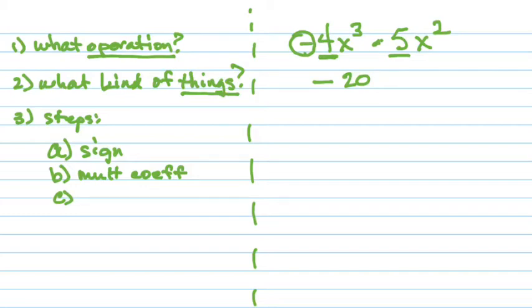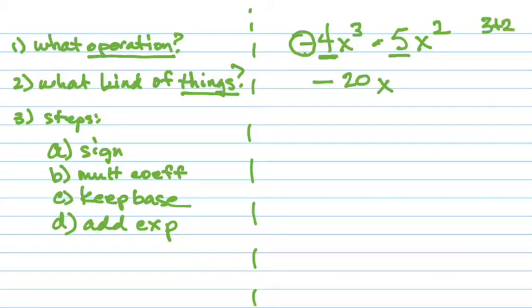Then, what's the next part of every term? Base. And what are we going to do with that base? Keep it. Just keep it. So it's still going to be an x. And what's the fourth part of every term? Exponents. And when we're working with multiplication, we add those exponents. So 3 plus 2. And here, guys,